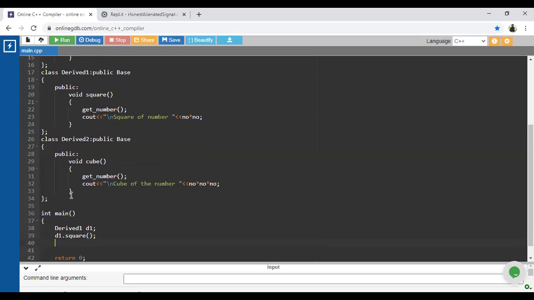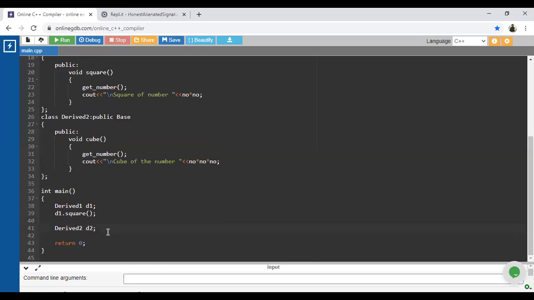And next for d2, derived d2, we are going to create the object for this class, and then d2 dot cube.